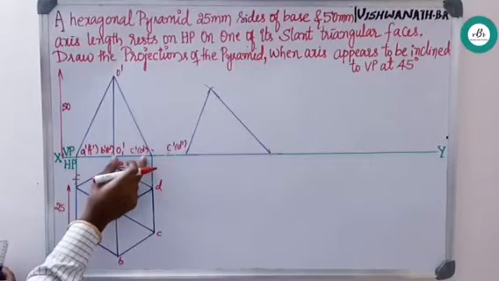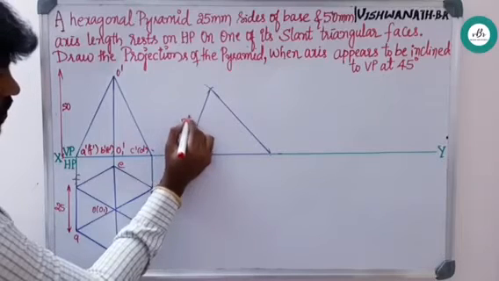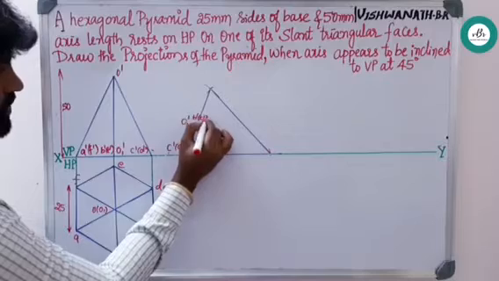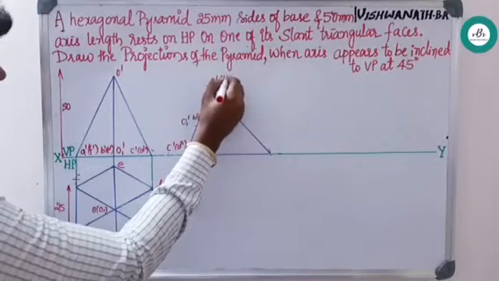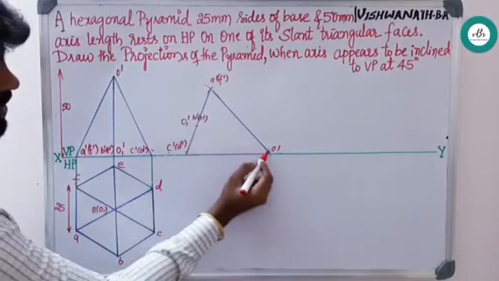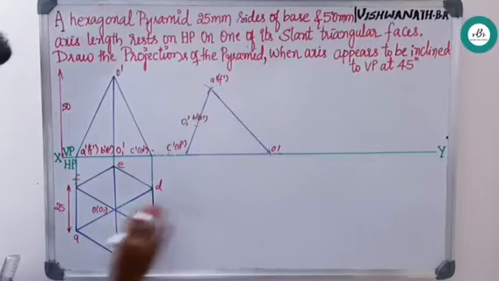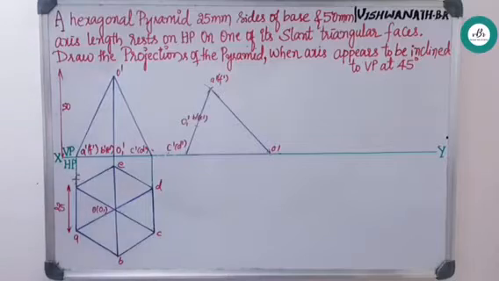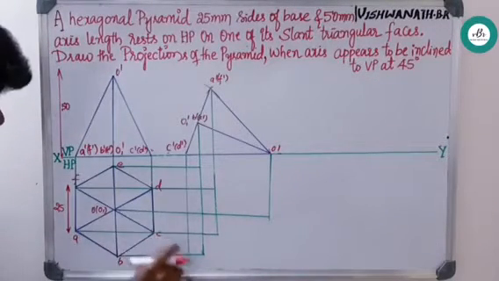Next, from c dash to o dash, measure this and name this as o1 dash, b dash e dash, and next is a dash f dash. This is o dash. Join this with a continuous line, and from all the points project to the downside, and from all these points project to the right side. After projecting, meet the points carefully.